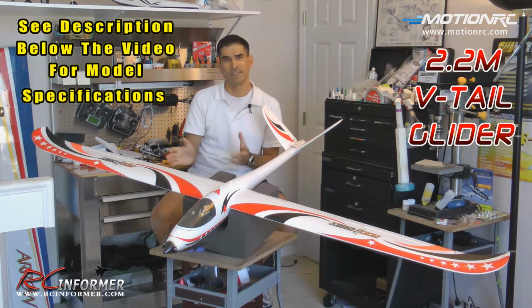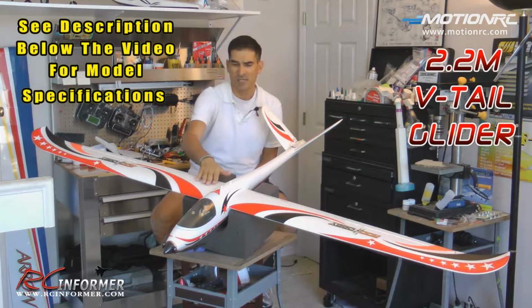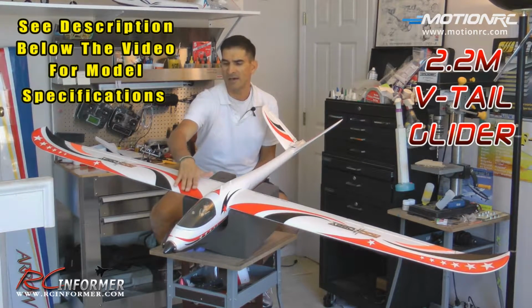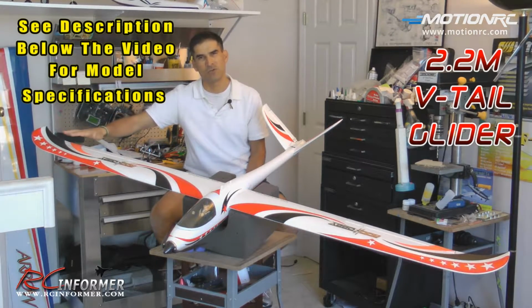Overall, guys, this is a really nice package. Super nice flying glider. And I think that mostly comes from how clean and how well designed this thing is. I noticed as soon as I took it out of the box, it has a very nice clean EPO finish that's very glassy. And these flat stickers are so nicely applied